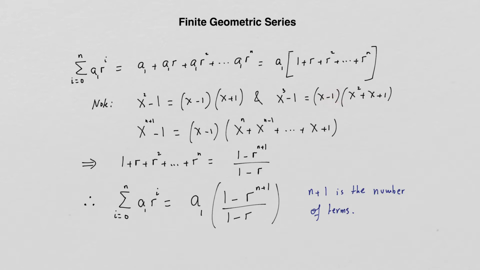Now, we know x minus 1 is a factor because 1 is a root. If you plug in 1 here, you get 1 squared minus 1, which is 0. If you plug in 1 here, you get 1 cubed minus 1, which is 0. So we know x minus 1 is a factor. You just need to find the other factors. If you divide this by this, you should get this. And if you divide this by this, you should get this. And if you do it,